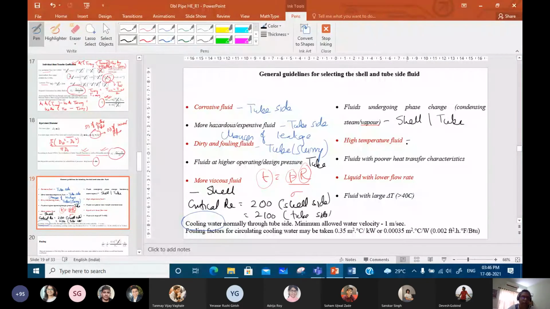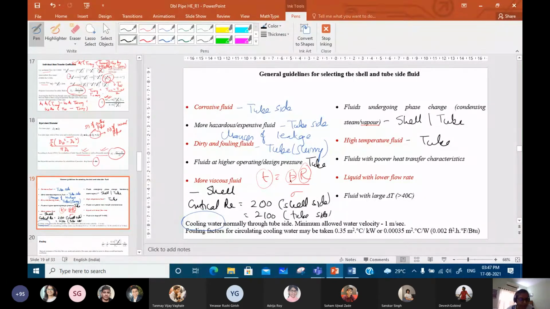Normally, the high temperature fluid is made to flow through the tube side. There are two primary reasons for it. One is that the chances of heat losses to the surroundings decrease, and as a result the insulation cost comes down. But more important than that, at higher temperature, what do we know? The allowable stress is lower, right? So from this same formula, when the sigma becomes lower at higher temperature, for a much safer operation, will a lower R not be better compared to a higher R?